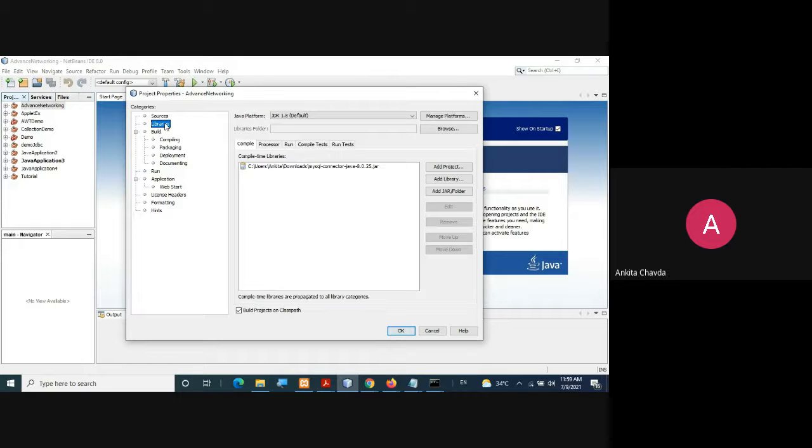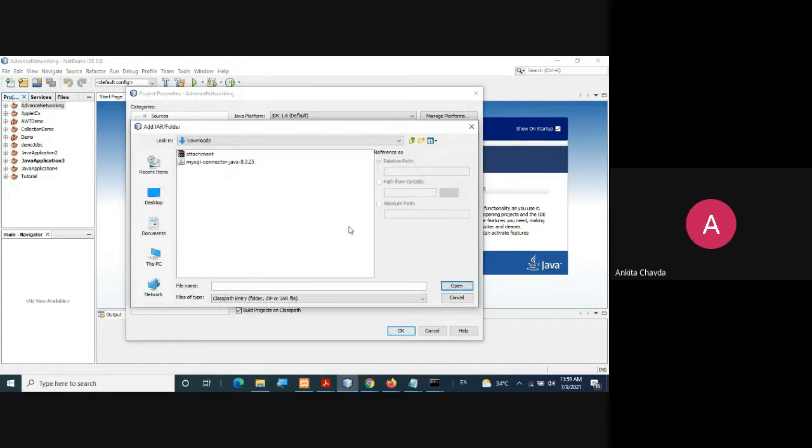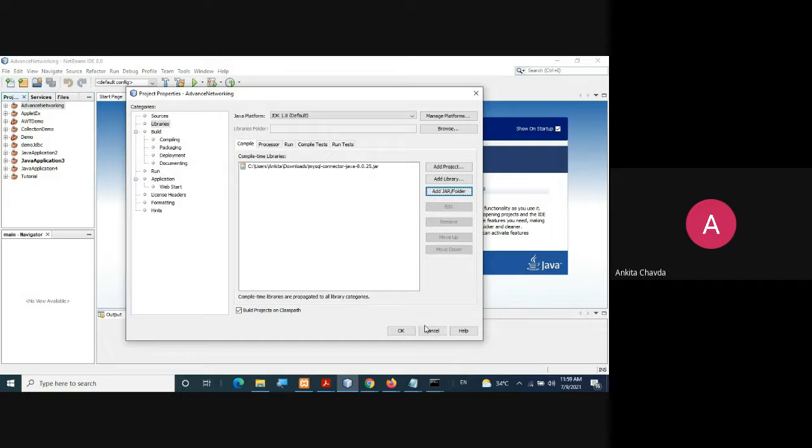Here you will find libraries. In libraries, you can add jar or folder. Wherever your jar file is downloaded, my file is in downloads, I'll select it and open it. I have already done it, so I'm not doing that here. Just give the OK button and it will work.